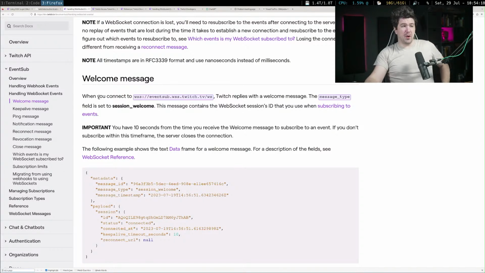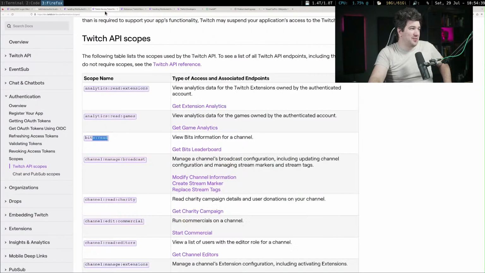Not all of them are public. You're right. Moderation events and stuff like that aren't. But the subscriptions and the followers are. I haven't found a scope for it. It's not getting access to mine, it's the events of somebody subscribing. We just looked through all of the scopes though. Twitch API scopes. I didn't see